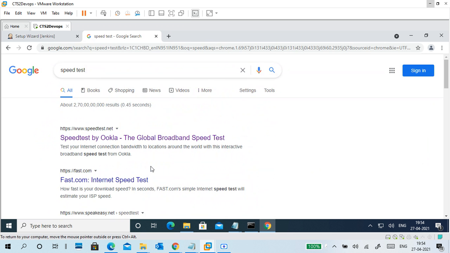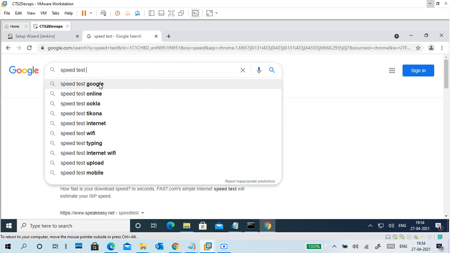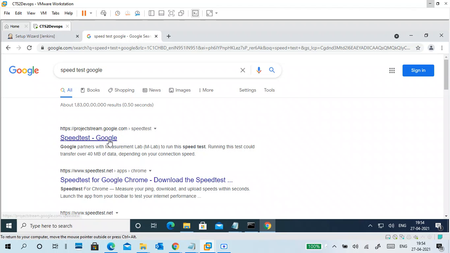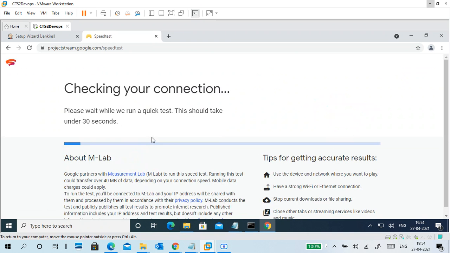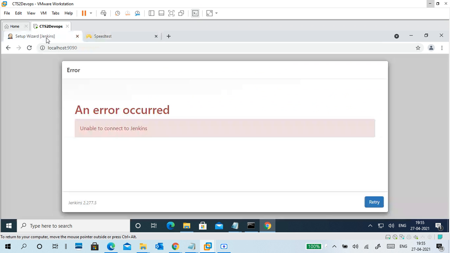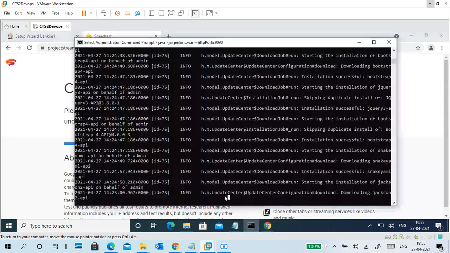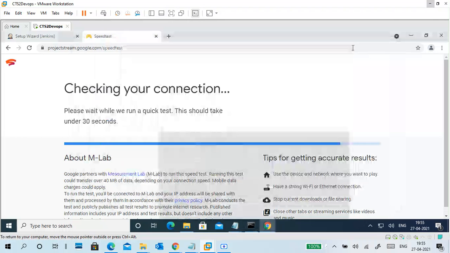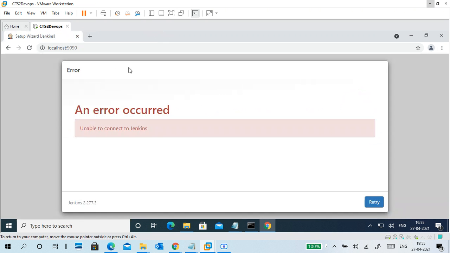So why is it coming? Check now. See, 31 Mbps, good speed.